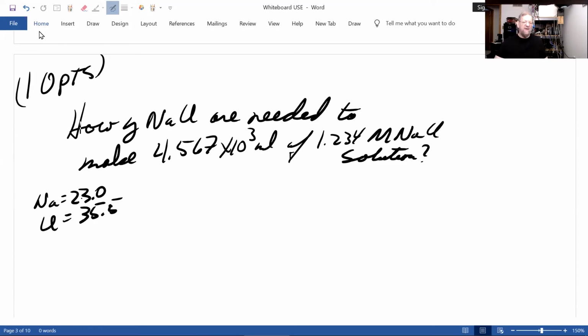Let's read the problem. How many grams of sodium chloride, NaCl, are needed to make 4.567 times 10 to the third milliliters of a 1.234 molar NaOH solution? Now, you'll need for this problem, hint, the atomic weight of sodium and chlorine, which you'd find from the periodic table. You know how to do that. But since you might not have a periodic table, I'll give that to you. And since you might have forgotten,